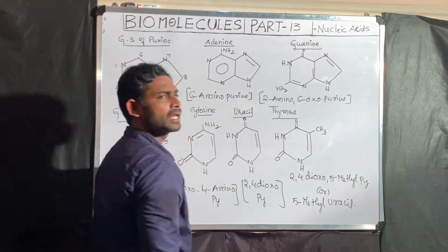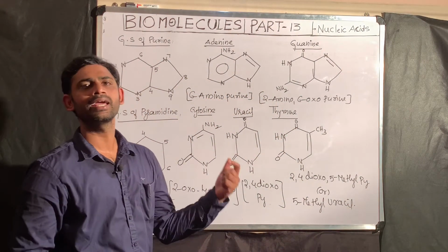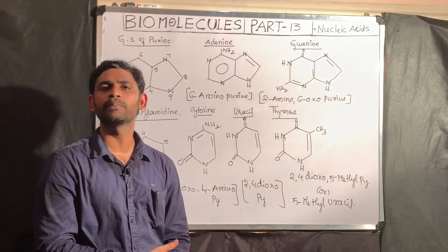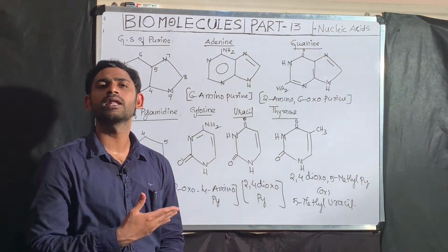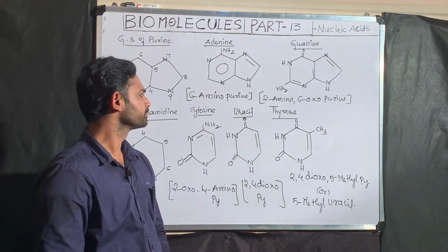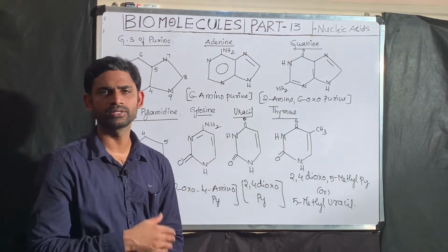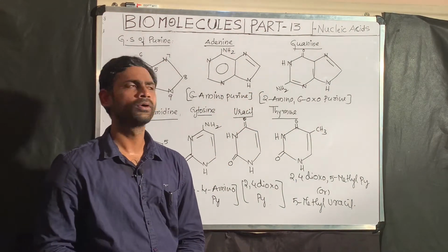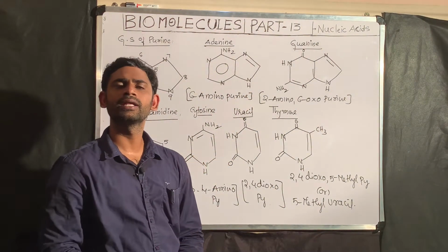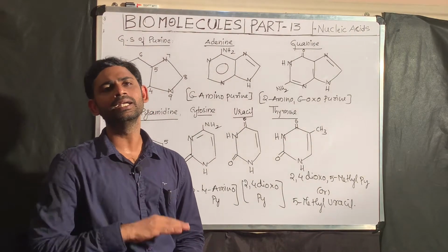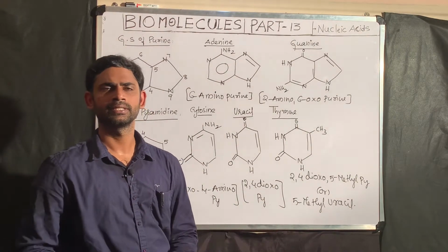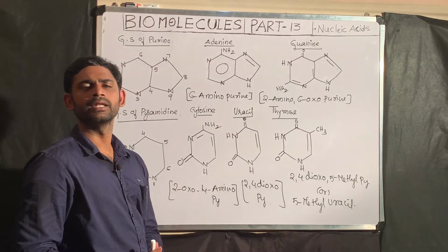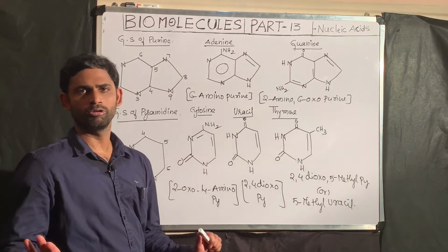These are the chemical names of the purines and pyrimidines and their structures. These structures and chemical names are absolutely important to understand the molecular basis of inheritance chapter. Now the last point about this: if you take the purines adenine and guanine, what we know? These purines are common to both RNA and DNA. No difference in the purines. But come to the pyrimidines. Cytosine is a common pyrimidine in both RNA and DNA. So no need to remember.